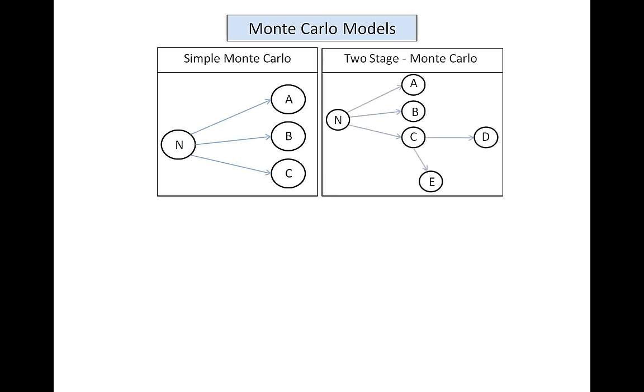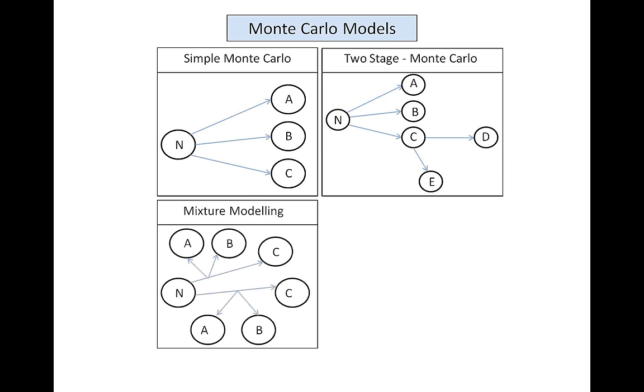One step further is to take a two-stage Monte Carlo model. That is to say, well, okay, instead of having one stage that is stopping at A, B, or C, we could have that each A, B, or C in turn has another stage where it goes, in this case, to D and E, or that each realization splits into another 2 realizations. I call this a two-stage Monte Carlo model, but you could have an n-stage Monte Carlo model or an infinite-stage Monte Carlo model, where each realization in turn splits into 2 other alternatives. These are often the simplest models and the easiest to understand from a user's perspective if someone's trying to sell it to you.